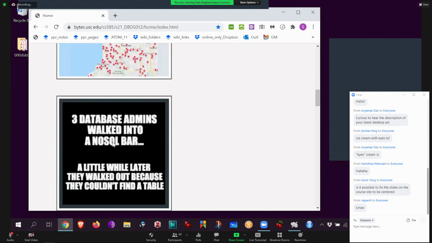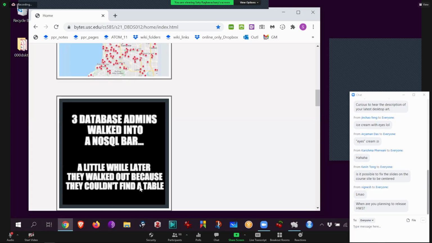We'll definitely get started on NoSQL. NoSQL is the big revolution that came along with the internet, when slowly but surely relational databases, as great as they are, are increasingly being used less and less. What replaces them is the idea of a NoSQL database, and the main thing that makes it NoSQL is there are no tables at all. Haha, there's a little joke there. As opposed to a bunch of SQL admins walk into a bar and say, mind if I join you? I get it, join. But here, they can't try anything.